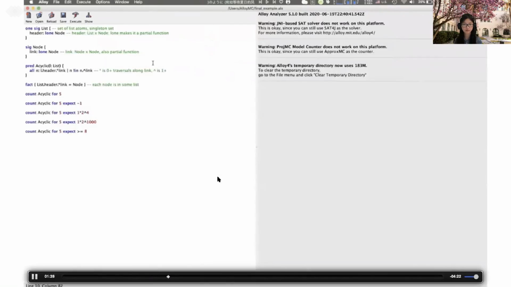In the example Alloy model, there are 5 count commands in total. The first one is a default one without any expect clauses. The second one has a negative expected value, which will be ignored during its execution. The third one has an expected value in the form of A times B to C, and its default relational operator is equals,